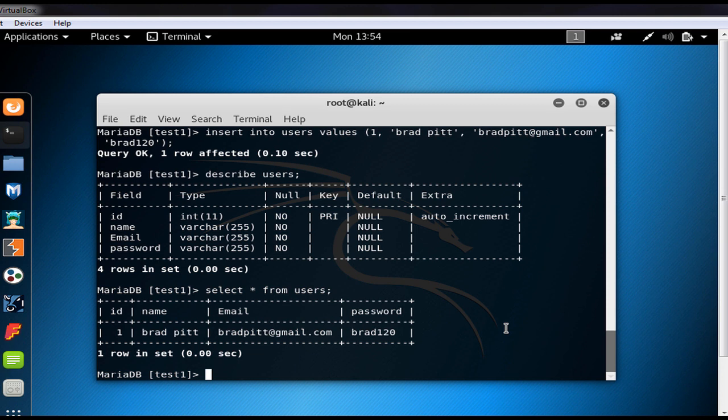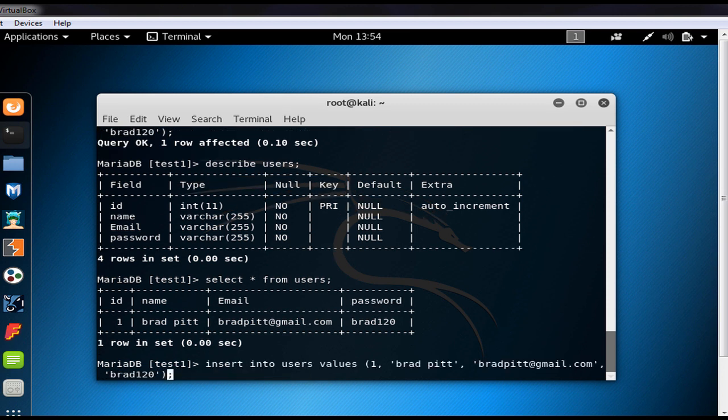Now let's say that you want to enter another row in here. So we just copy this one: insert into users values. Now instead of 1, I just want to say null. Why? Because if you look at our table, for the ID we said it is auto increment. What it means is that it looks at the last value and increments that value. So null, then the second name, let's say MGH, which is my name,